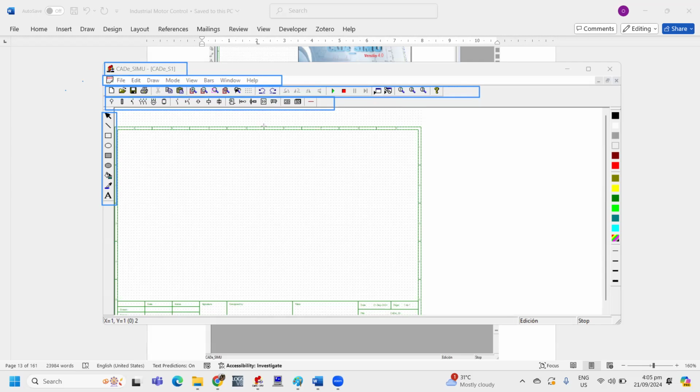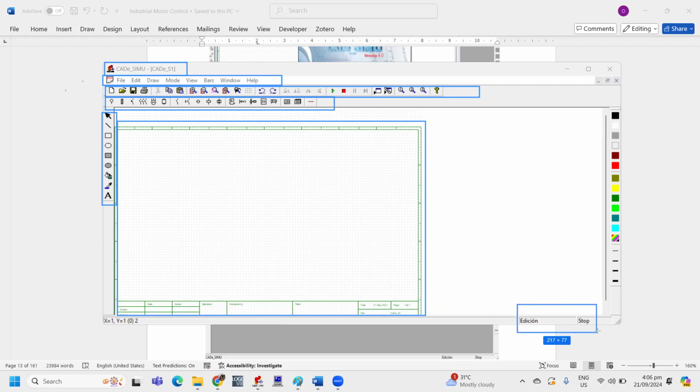The next part of this simulation software is the workspace. This is the workspace of your design, or what we call the work templates. Below the work templates is the status bar of your simulation. It could be running or stopped. For now, the setting is stop since we don't have a circuit simulation design yet.